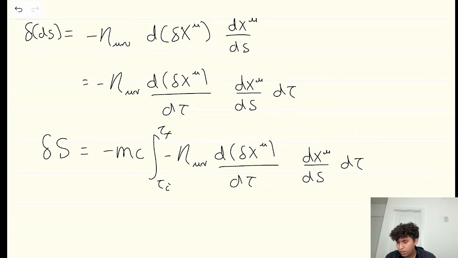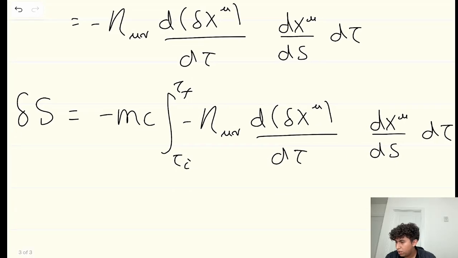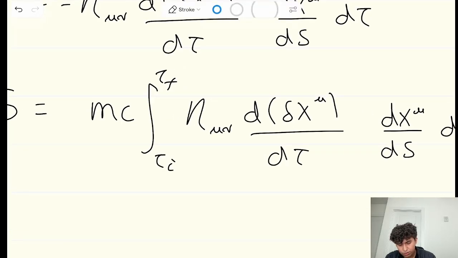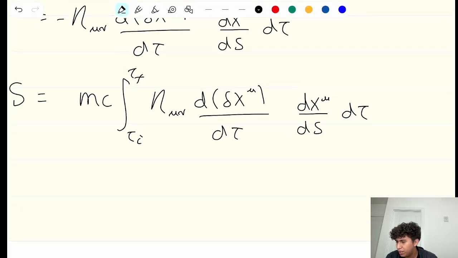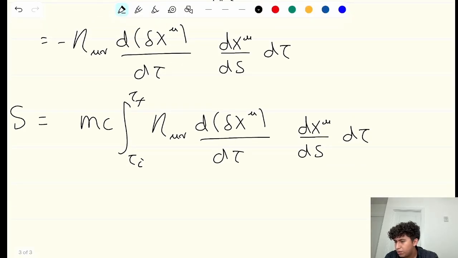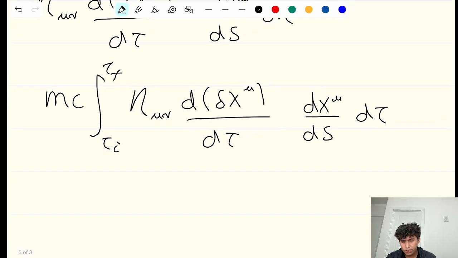Okay, great. And there's going to be two minus signs, so this becomes a plus. I think I have a minus that shouldn't be there in the lecture notes. Yeah, I have a minus that shouldn't be there. Cool. So essentially how this is looking right now is,